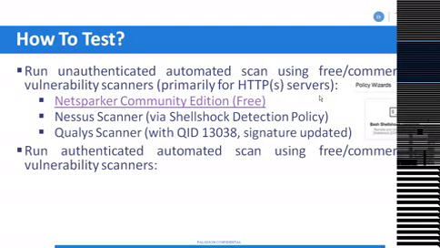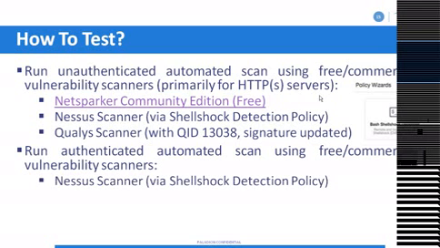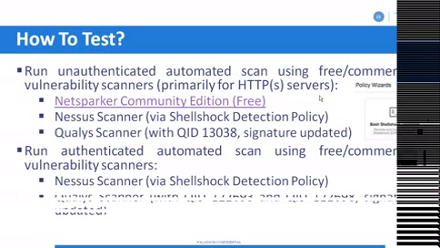The unauthenticated scan will primarily target the HTTP attack vectors and identify the vulnerabilities that would be exploited over HTTP. For finding the other attack vectors and the vulnerabilities in your system which can be exploited through other attack vectors, you will have to run authenticated scans. Here you could use Nessus again and Qualys. You could key in the